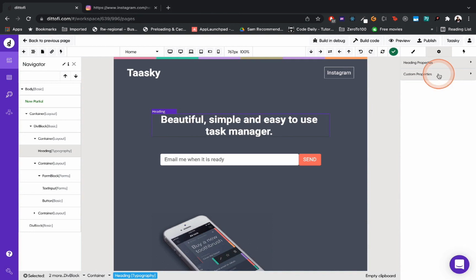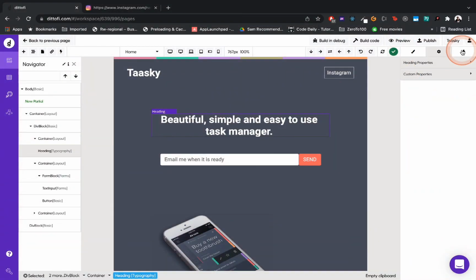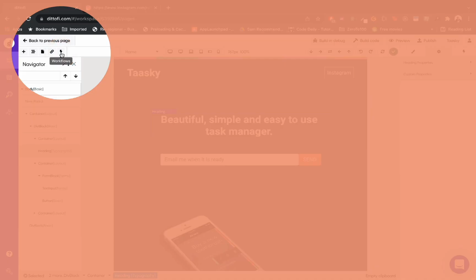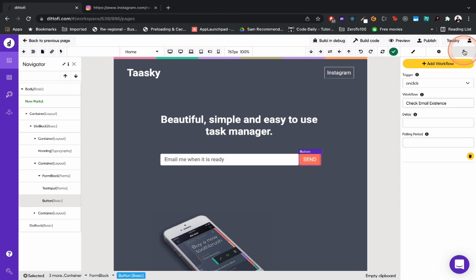The last icon that I want to talk about is this guy. And if you remember from our previous videos, you've seen that icon over here. Those are the workflows. We create workflows, but ultimately we want to link workflows to some actions. So for instance, this button right here, when it's clicked, I want to grab the email and send it to our database. So if you look at the workflows on that button, when it gets clicked, I then call the